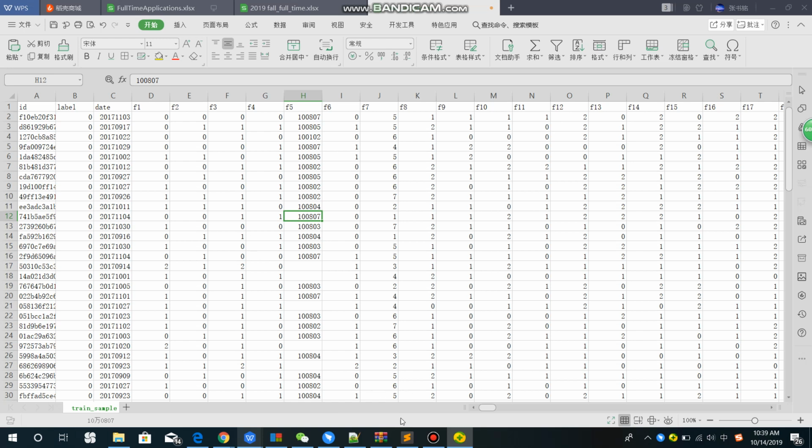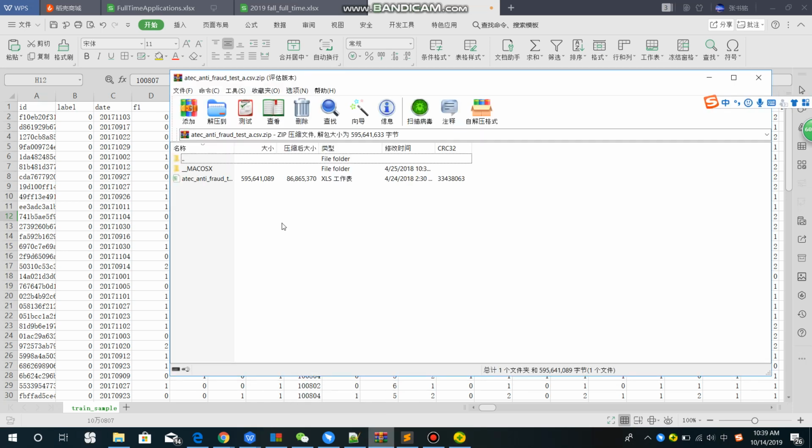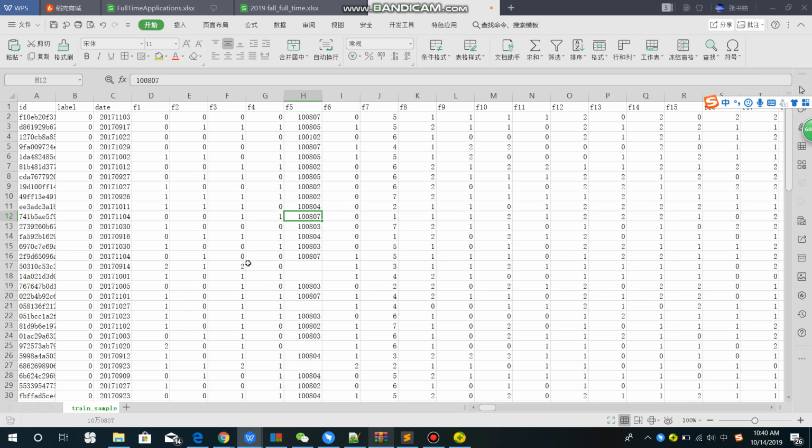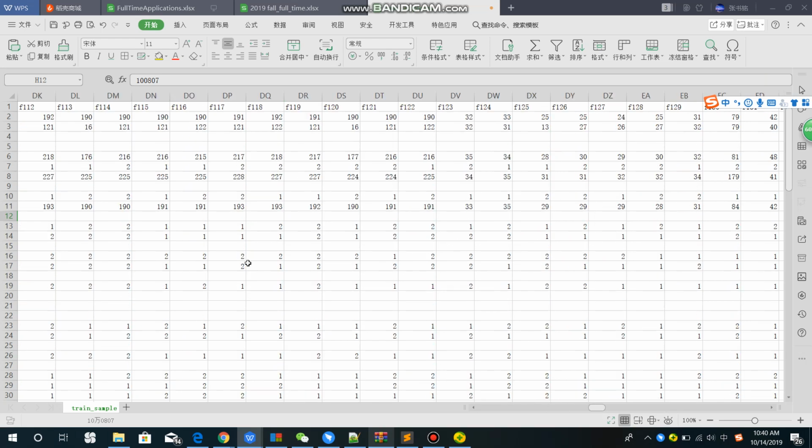We can see it from here. It is the test data and it is a really big CSV file, with more than 2.5 million rows,